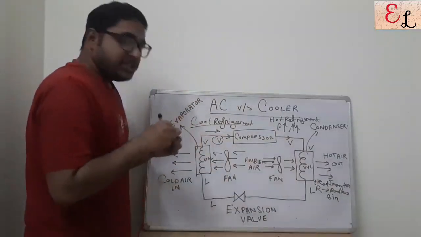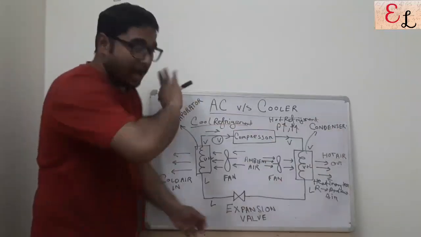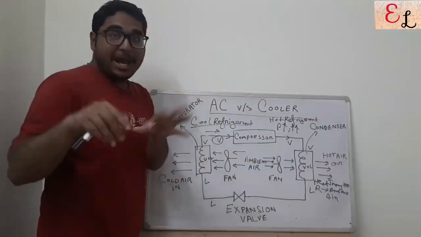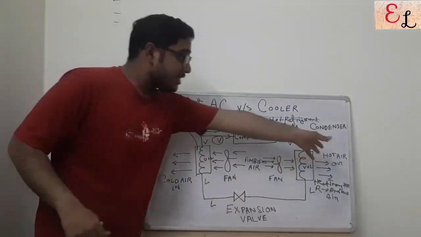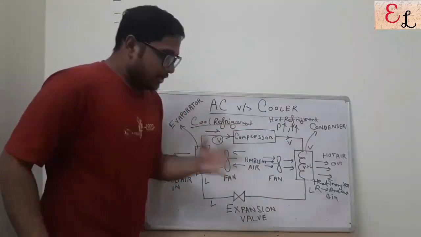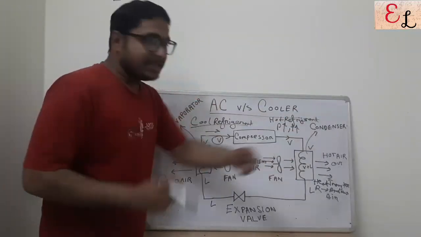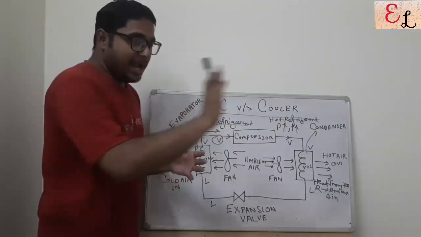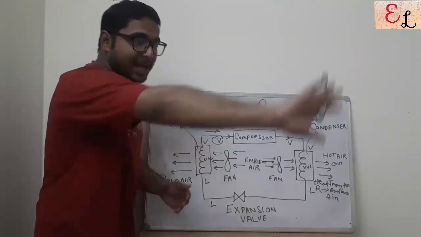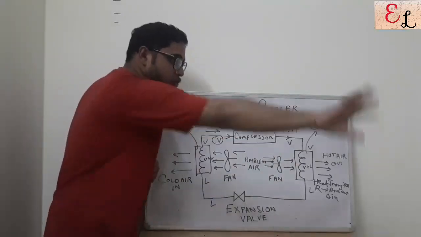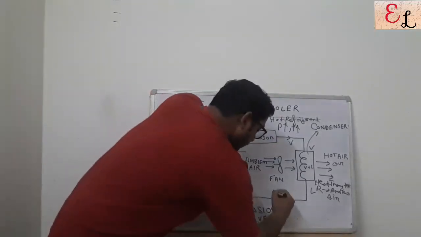So the refrigerant is basically giving heat to the ambient air and the hot air is going out of the system. If you stand behind an AC, you will find that hot air is coming out of the system, and that is the reason behind it. The ambient air is pulled in and made to come in contact in the condenser with the hot refrigerant, and the hot refrigerant in turn loses its heat to the ambient air, and the hot ambient air is pushed out of the system of the AC. Now what remains is a warm refrigerant.